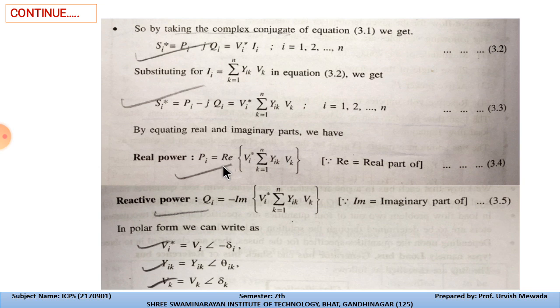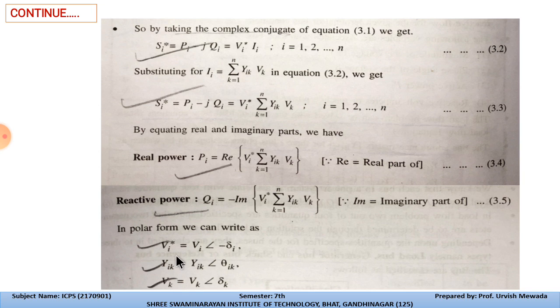We just indicate the real part, because this first term is positive and this second term is negative, so only Im is placed with the minus sign in the equation. Now in polar form we can write Vi is equal to Vi at angle delta 1, Yik is equal to Yik at angle theta ik, and Vk is equal to Vk at angle theta k. So these are the angles of the respective voltages from the i bus, meaning bus number 1,